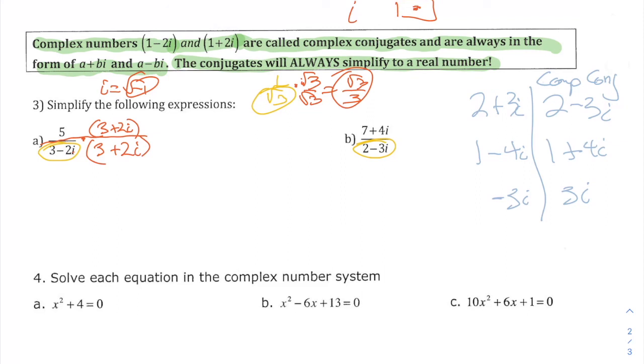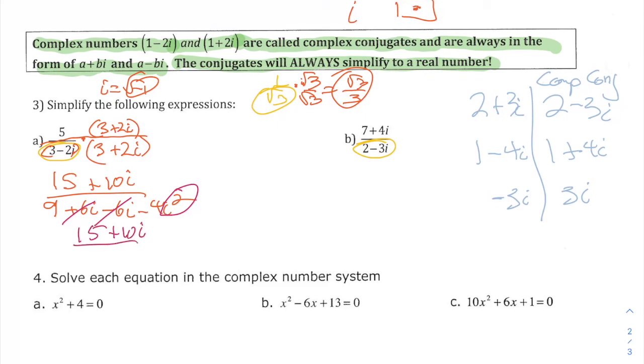I'll tell you to do it by hand, but if you do it with your calculator, make sure you use parentheses. So doing it by hand, this is 15 plus 10i over, now I distribute, 9 plus 6i minus 6i minus 4i squared. And right away, we see why we use a complex conjugate. Your i terms are going to eliminate each other, and you're left with an i squared, which we know is -1. So this is 15 plus 10i over 9 plus 4, which is 15 plus 10i over